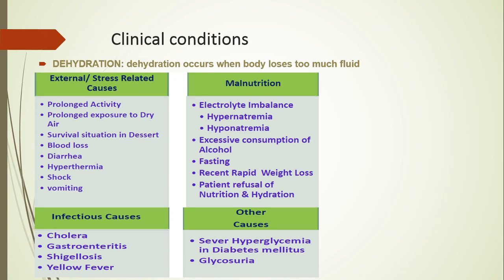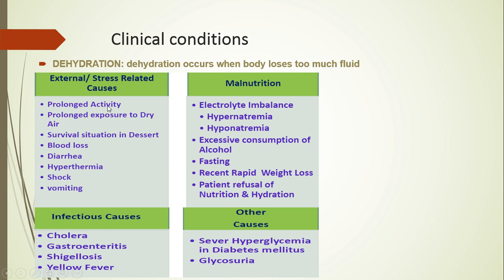Now, the first clinical condition which is due to the disturbance of the body water is dehydration. Dehydration means when the body loses too much fluid. Now, there are many causes of dehydration. Here you can see the different causes that can be the main reason of dehydration, in which